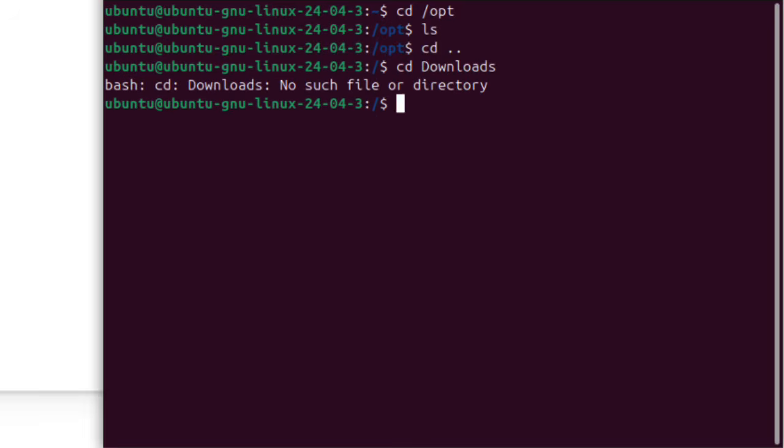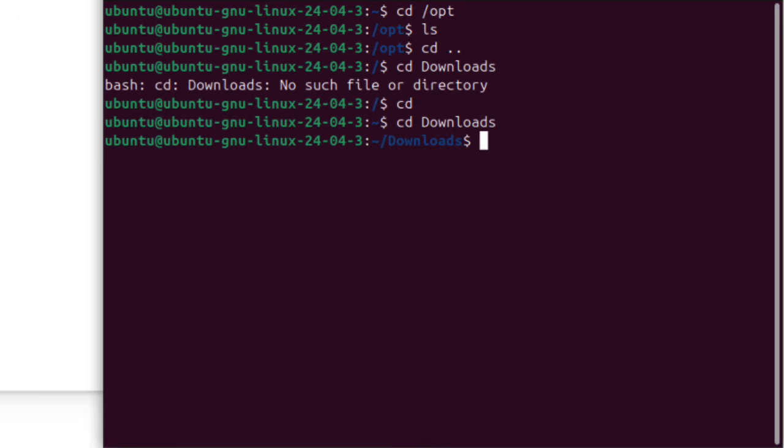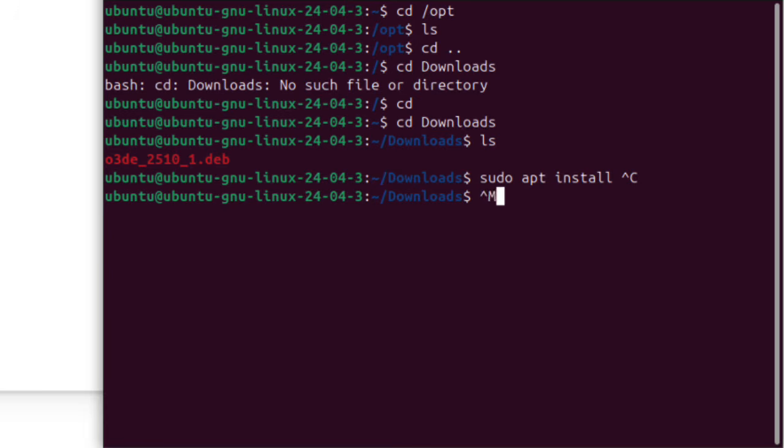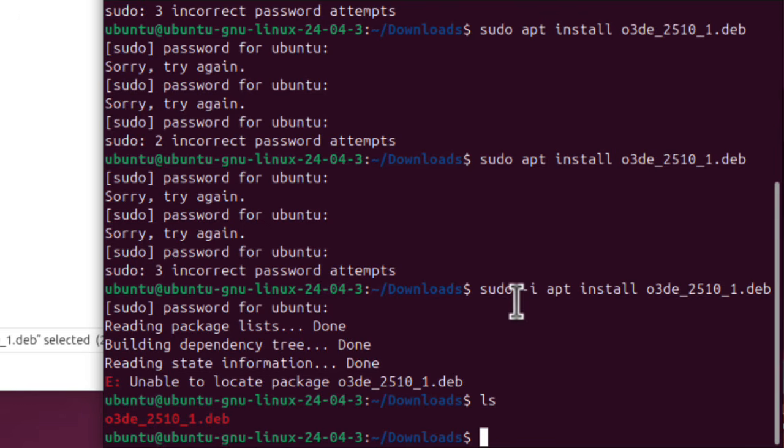So let's go to my downloads directory. Let's see, where's the downloads directory? There we go. Okay, let's run this from the command line. sudo apt install. Yeah, it's this guy right here. Oh, my cutting and pasting still is not working. That is making me sad. Oh, there we go. You have to use Control-Shift. Okay. Apparently I needed to use sudo -i.